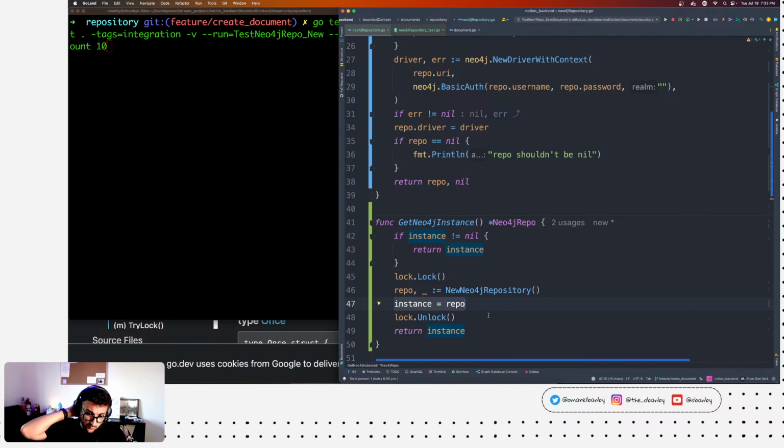The only way I see nil being returned is that something checks and it says, actually, I am nil, so it ignores this here. It goes, creates the repo, it assigns an instance, this pauses, it goes back, and then it says, oh, you know what? I'm not nil. No, that doesn't make sense.